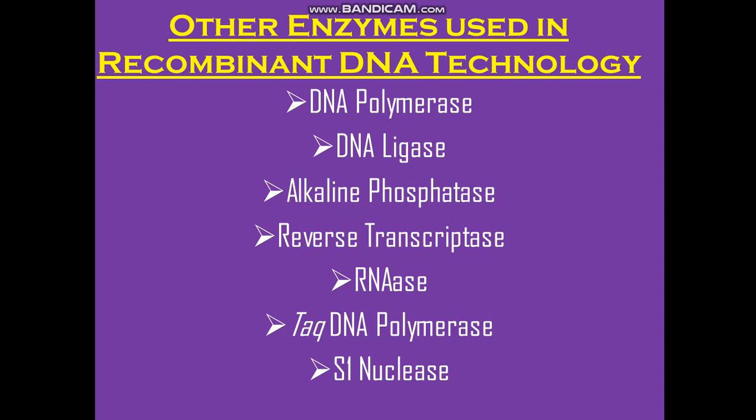Clear? There are other enzymes also; in different techniques, different enzymes can be used, but these are the basic ones. S1 nuclease is also optional. Taq DNA polymerase is also optional. Whenever the need arises, these enzymes are needed. This whole discussion was just to give you an outlook of the names of the enzymes and what they are digesting. As and when you do your research work further, you can utilize these enzymes and make your own DNA. Okay.